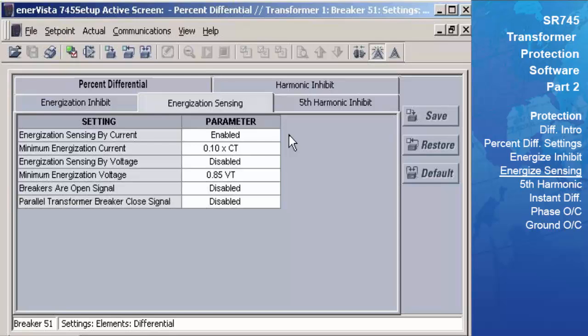Selecting the Energization Sensing by voltage will still use the current level to detect the energization, but will look only at the voltage level to detect the de-energization. If the voltage level drops below the minimum energization voltage set point, then the transformer will be considered de-energized, regardless of the current level. If the breakers are open signal is programmed, the relay will again use the current level to detect the energization, while using the closed signal from the breaker 52B contact to determine the de-energization of the